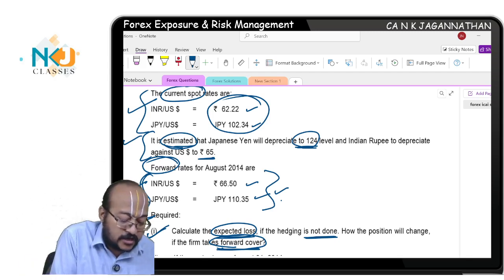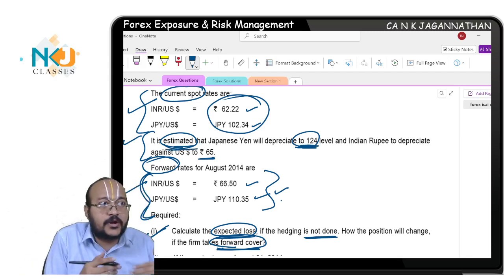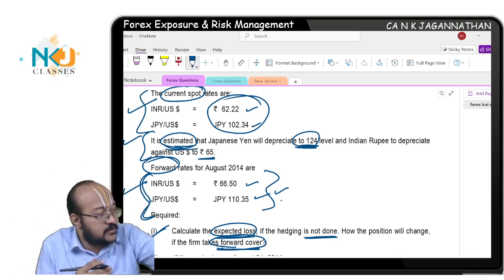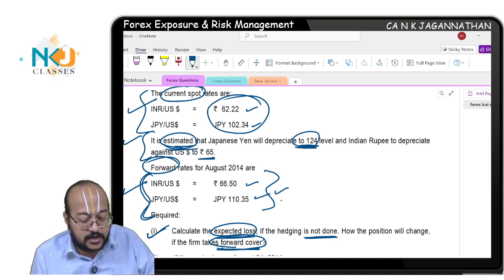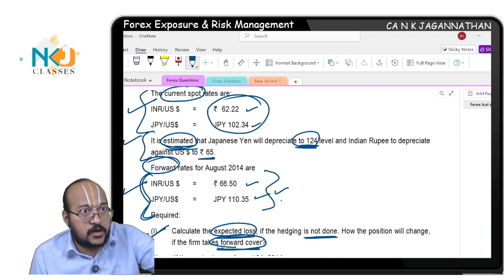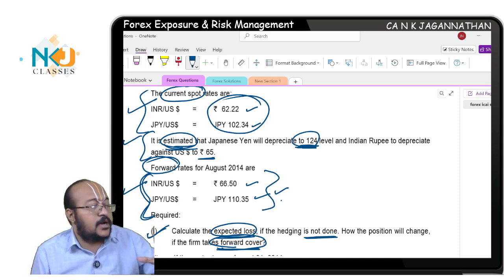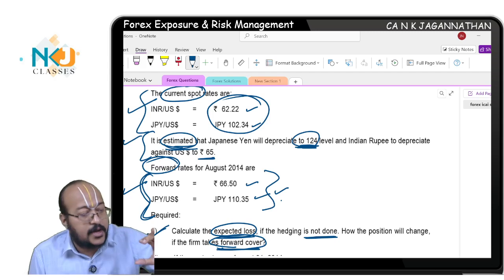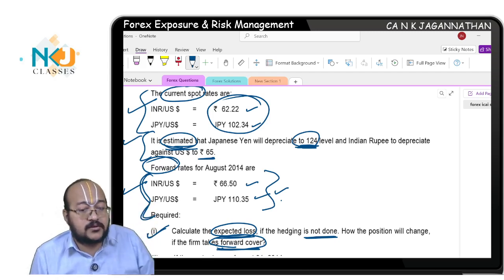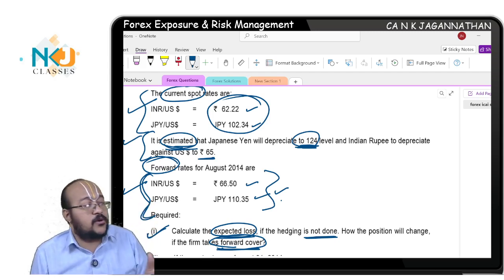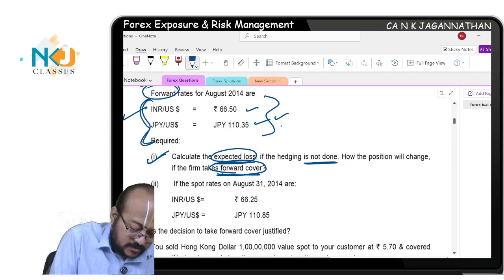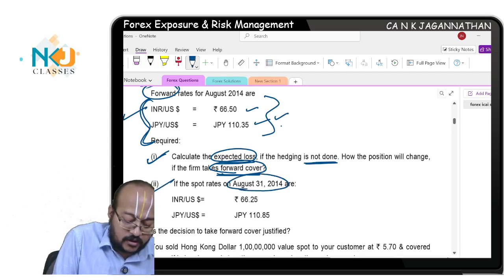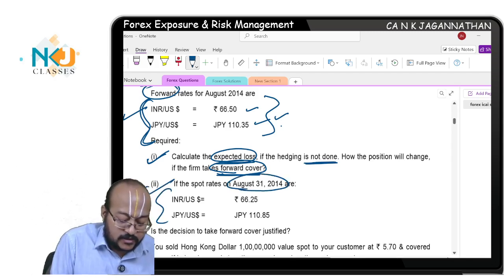You are expecting depreciation, so you compare with the current spot rate and find the differential amount. Then for forward cover, you compare with the current spot rate, find the loss or gain, compare with the previous segment, and find out whether the forward is actually beneficial or not. Next, if the spot rate on August 31 is this much,